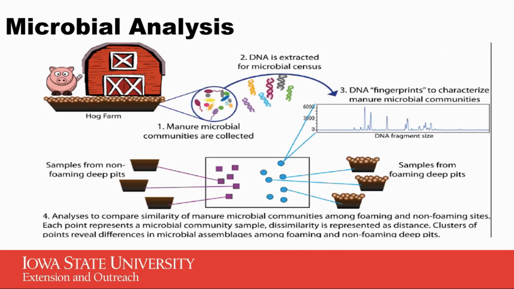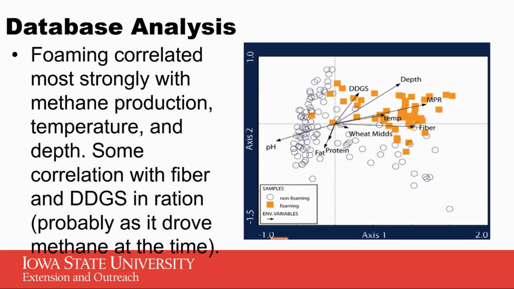Okay. Next, bring it to just kind of the microbial analysis. So some of the work that's been done is trying to figure, okay, what's the root cause? Why do we have pits? You can have barns on the same site, and you can have one barn that has a pit that has foam in it and one that doesn't. And ultimately what it boils down to is there are different microbial populations in each pit, right? And it comes down to how do we manage those microbes in that pit to make sure we're mitigating any type of foaming issue.